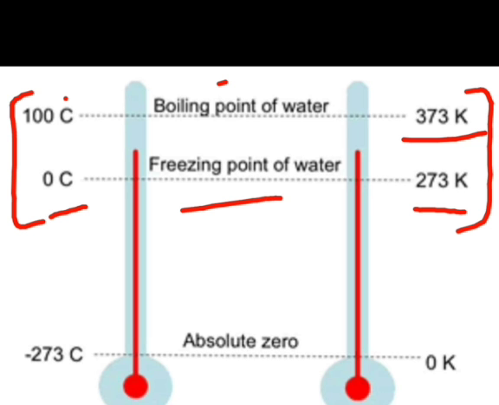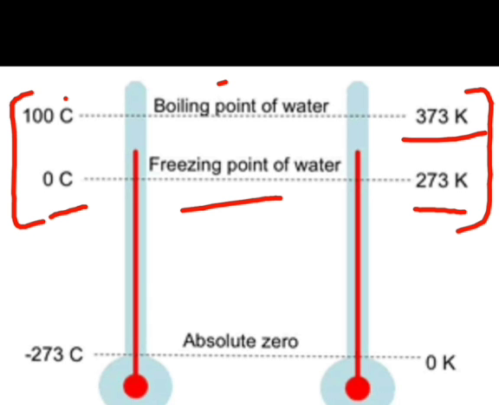So always remember that we write degree Celsius. We always say temperature in degrees. We always use degree only in the Celsius scale. In the centigrade scale we use only degree. We don't use degree in the Kelvin scale. So always remember, the use of degree is only in the Celsius scale. We don't use that word degree in the Kelvin scale.